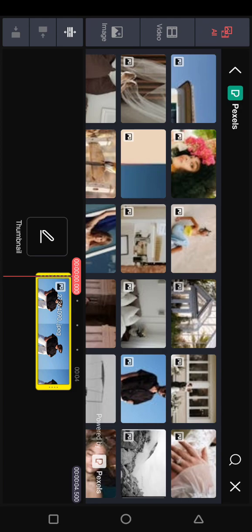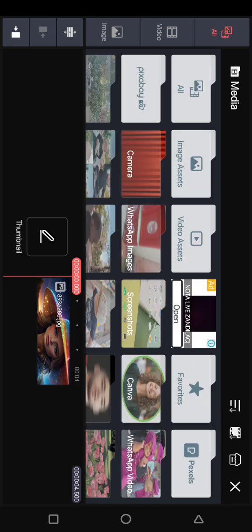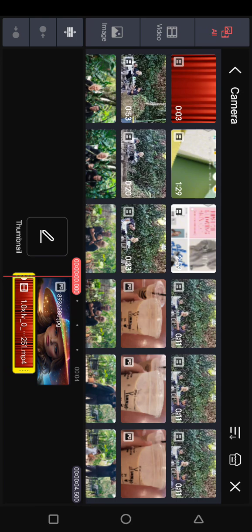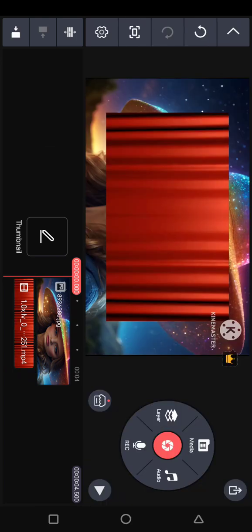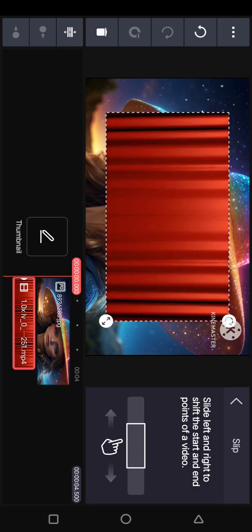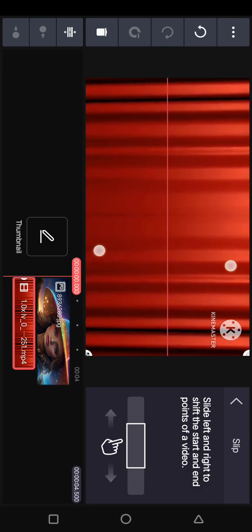Okay, so I've already chosen the image. Now you can just add the curtain effect. So you can go to layer here, click on media, and here I'm going to just find the curtain effect that I downloaded before. So just click on this overlay and then go to clip. Now you can just zoom it in to fit the curtain effect with the image